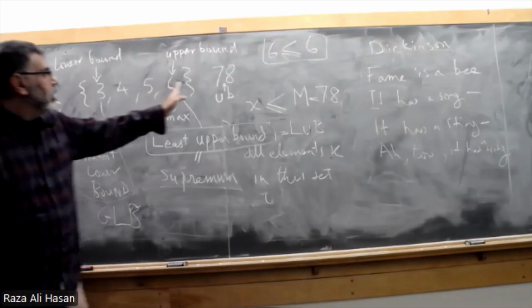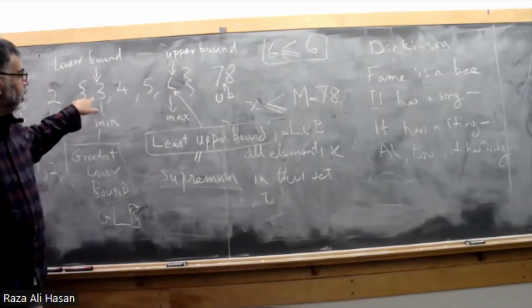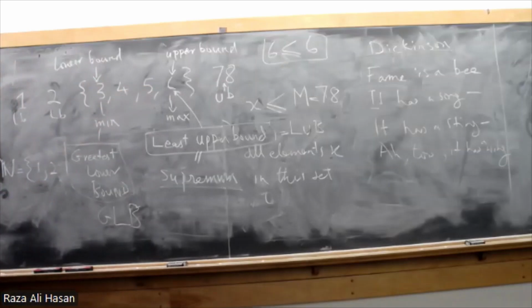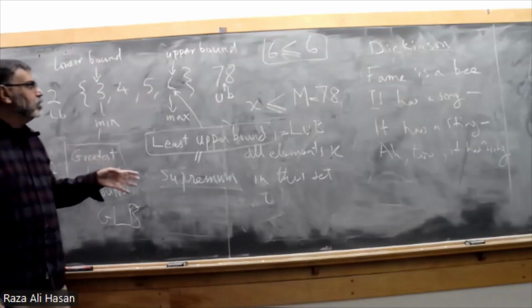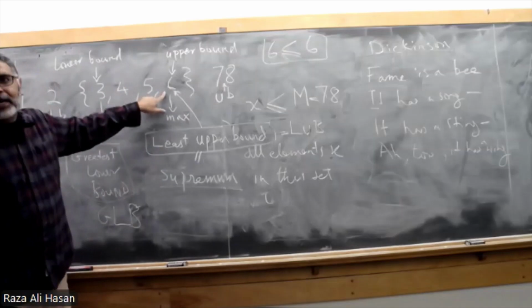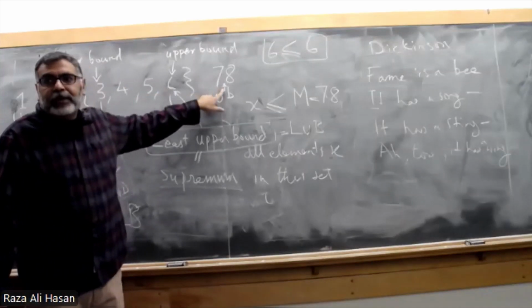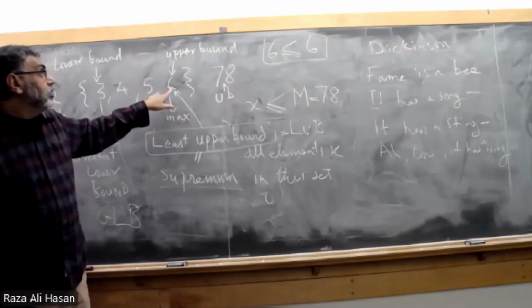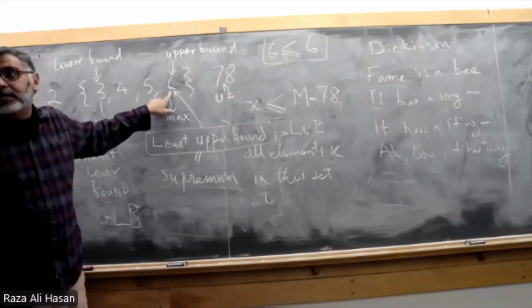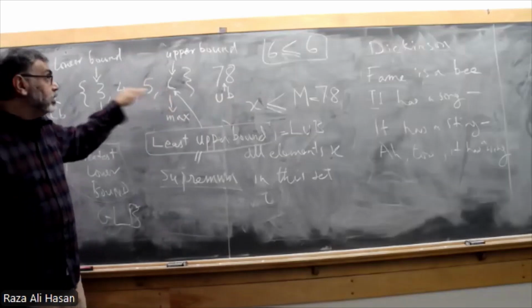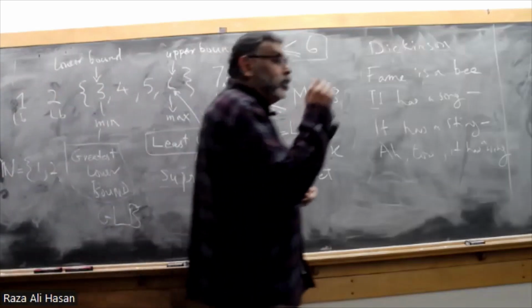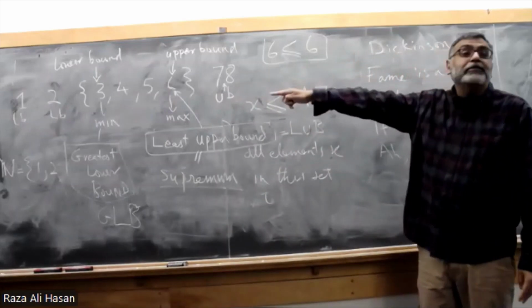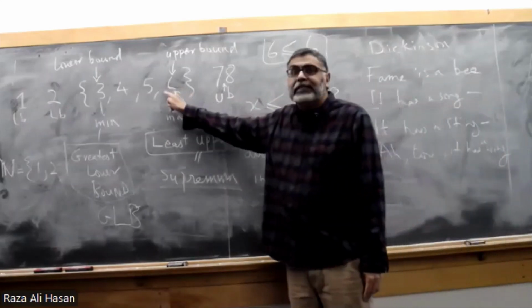And let's just repeat here. This set that contains 3, 4, 5, 6 is a subset of the set of natural numbers, and we're assuming in the world only natural numbers exist. 6 is an upper bound. 78 is an upper bound. There are infinite natural numbers larger than or equal to 6 that are upper bounds. Everybody gets this. So this set is bounded from above by 78. This set is bounded from above by 6.